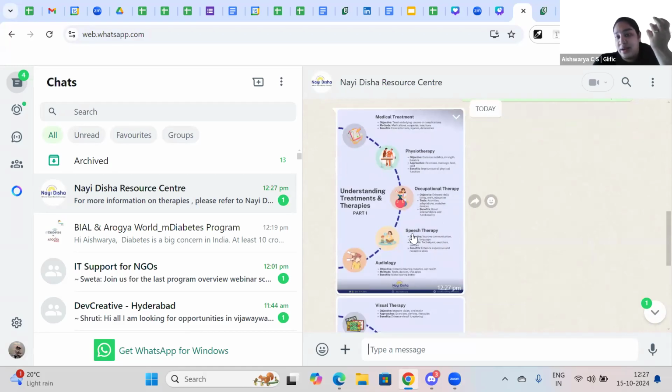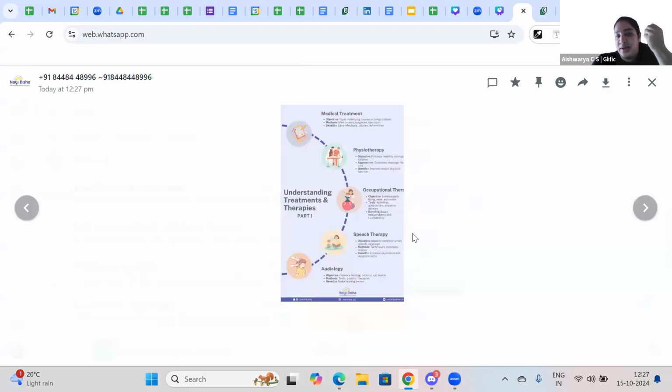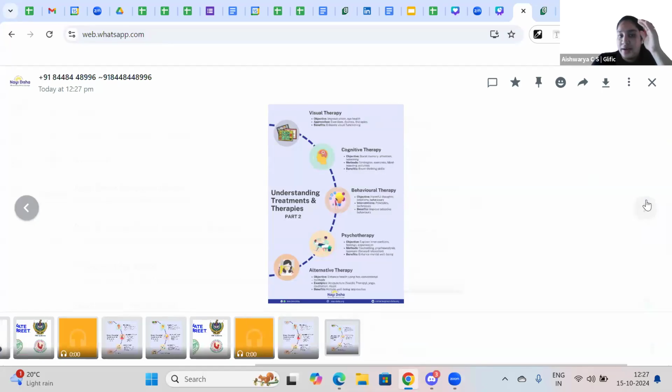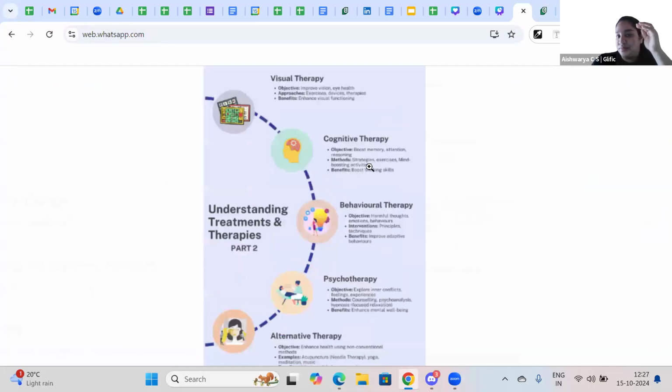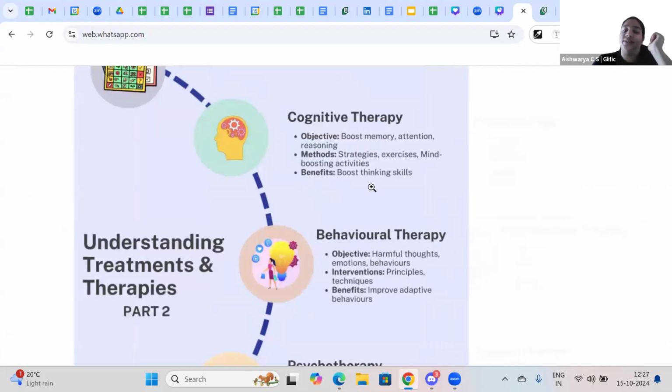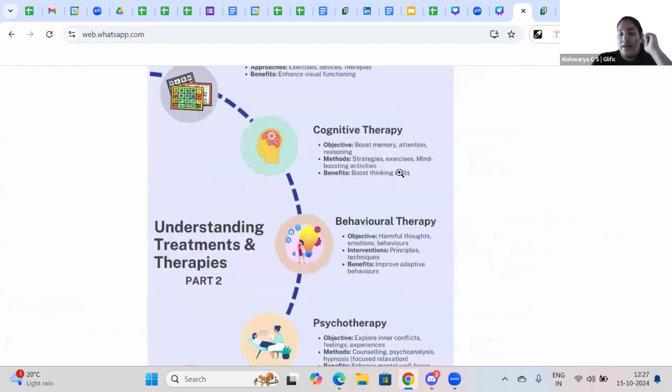disabilities an individual might have, it sends you an image with respect to different kinds of disability: speech therapy, audiology, occupational therapy, right? And what are the different methods, benefits, and objectives of each of these therapies, right? So